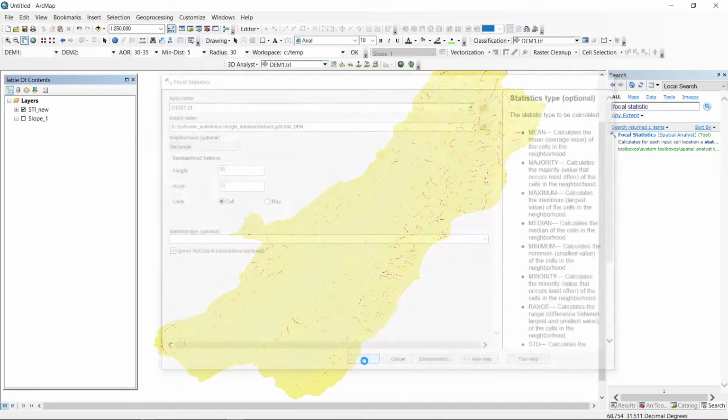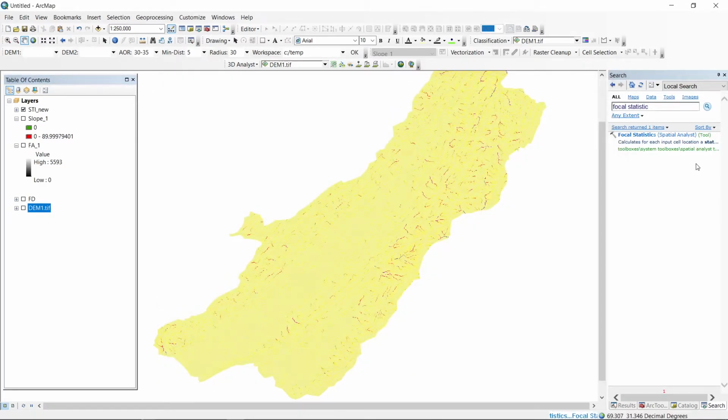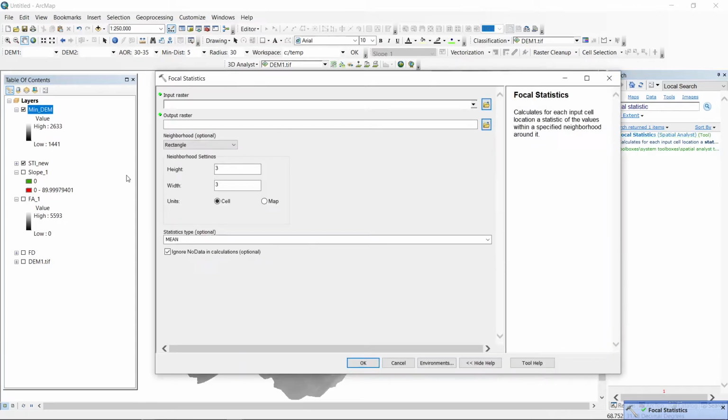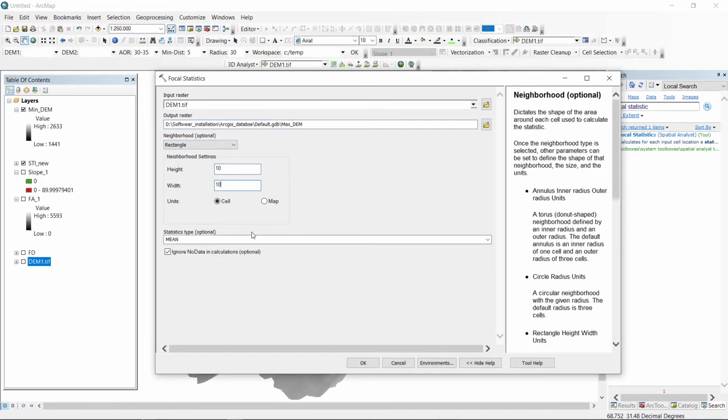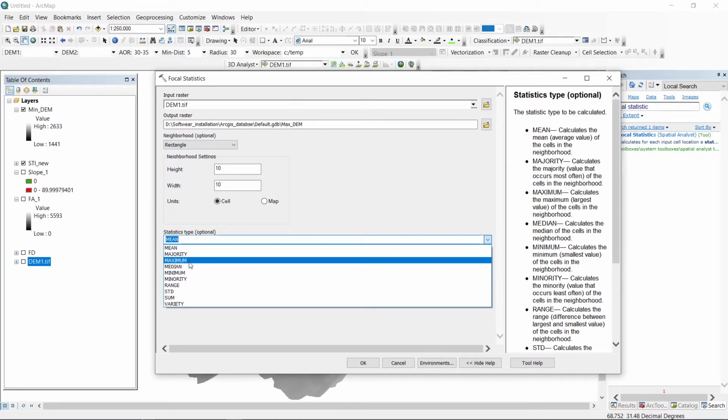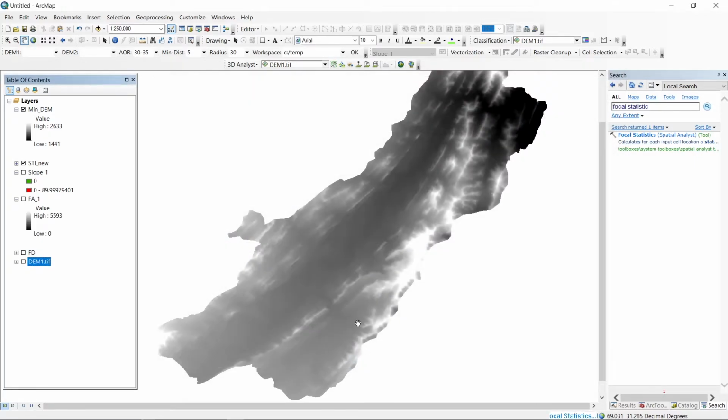Okay, very easy. Now again I go to focal statistics, drag and drop the DEM layer, and now I name it max, 10. Again rectangle 10 by 10. Here I am going to give maximum, right? Okay.